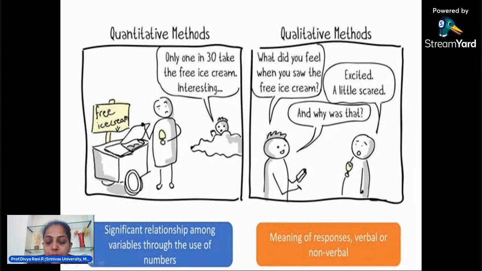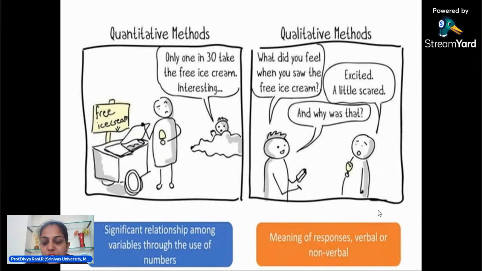For example, he is having 10 ice creams, or he is having 30 ice creams, or he is having strawberry ice cream 10. So everything, if you are getting the variables in numbers, then you call it quantitative research design. Next box,